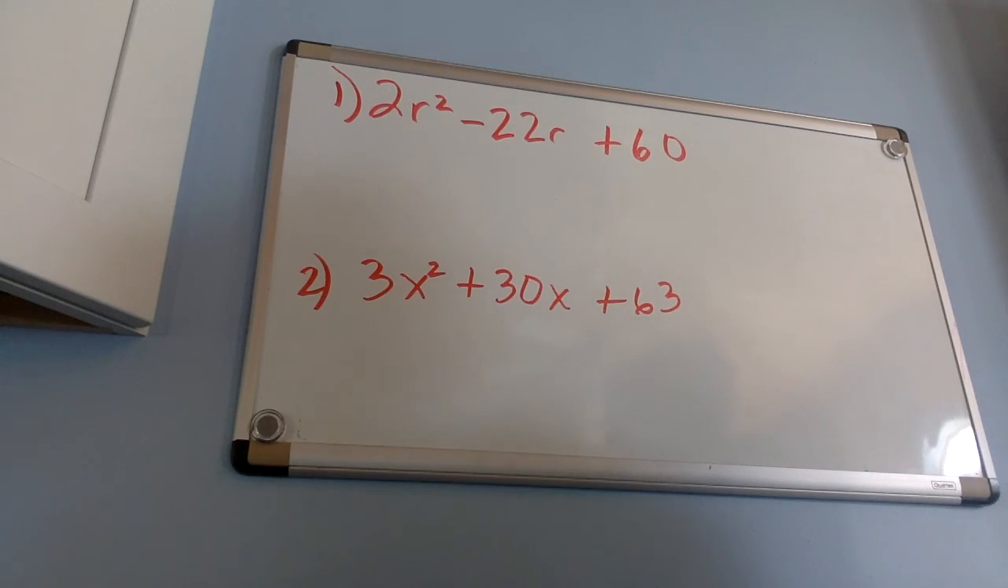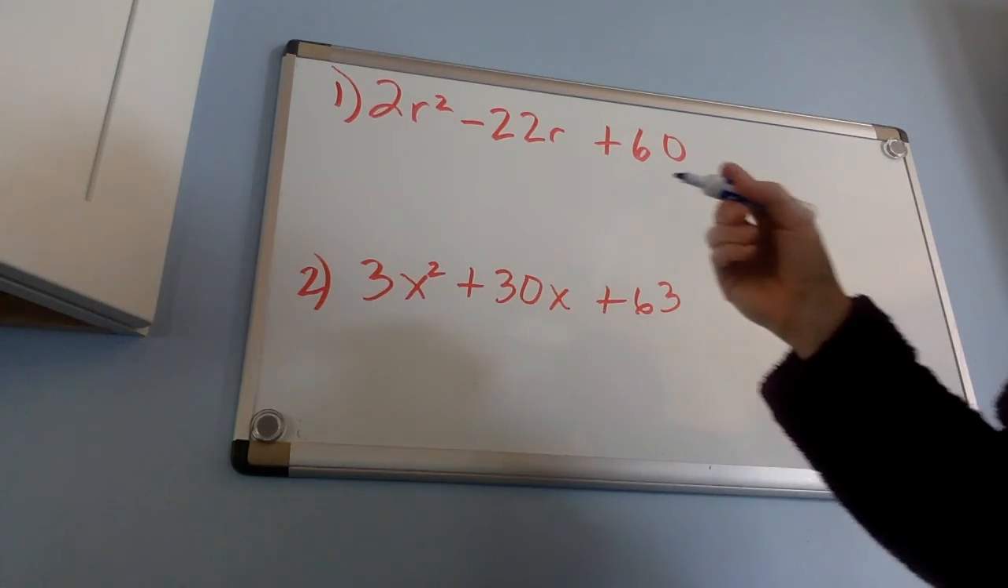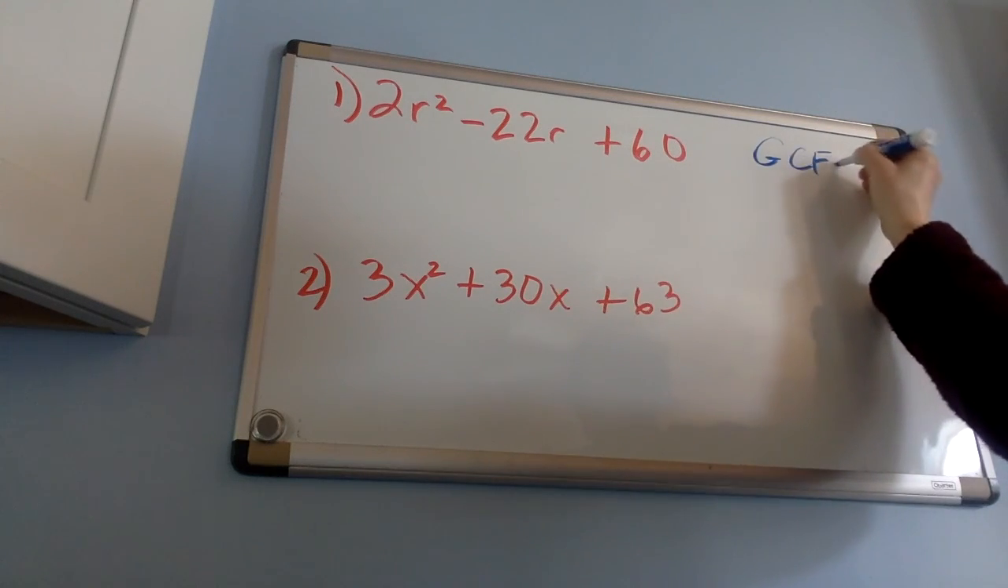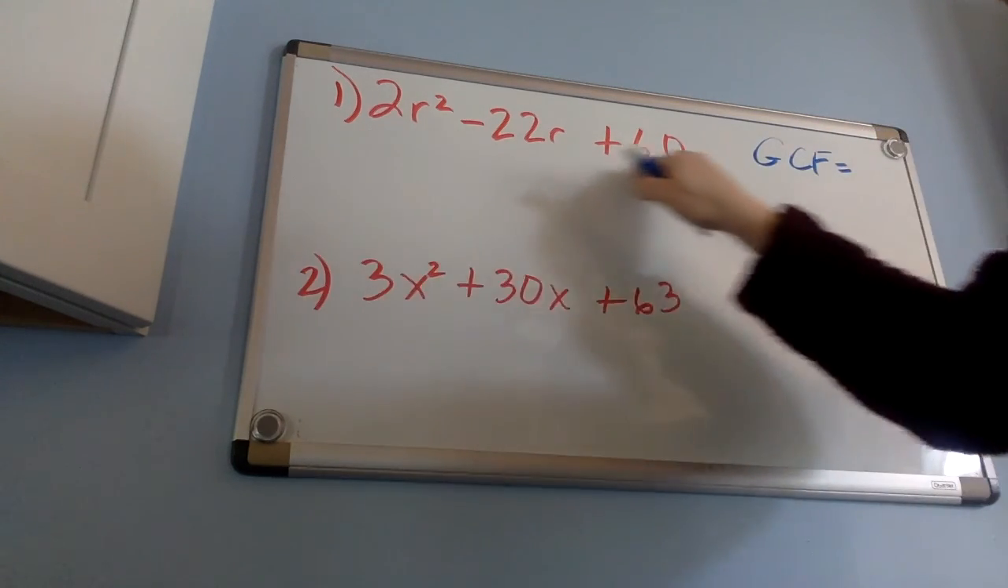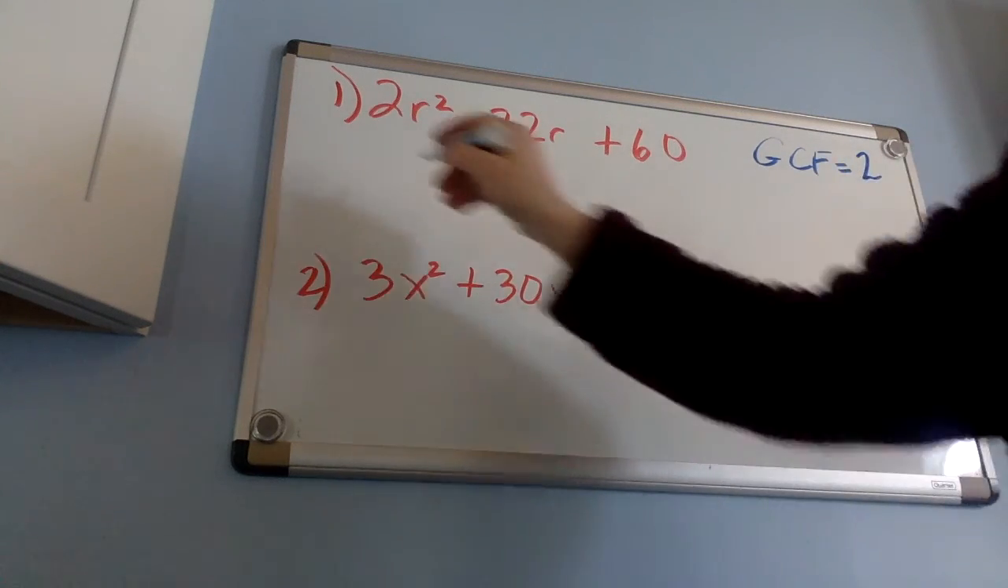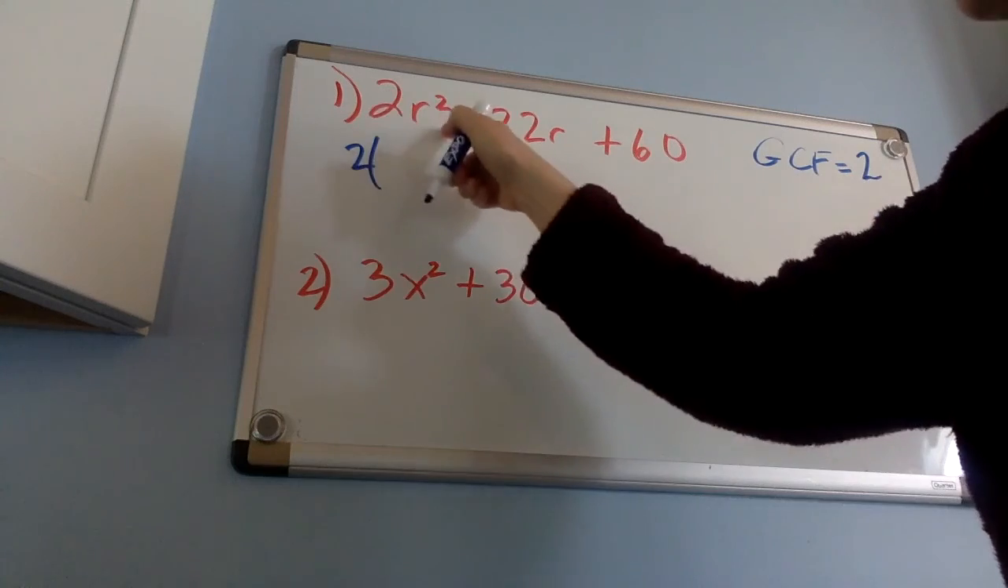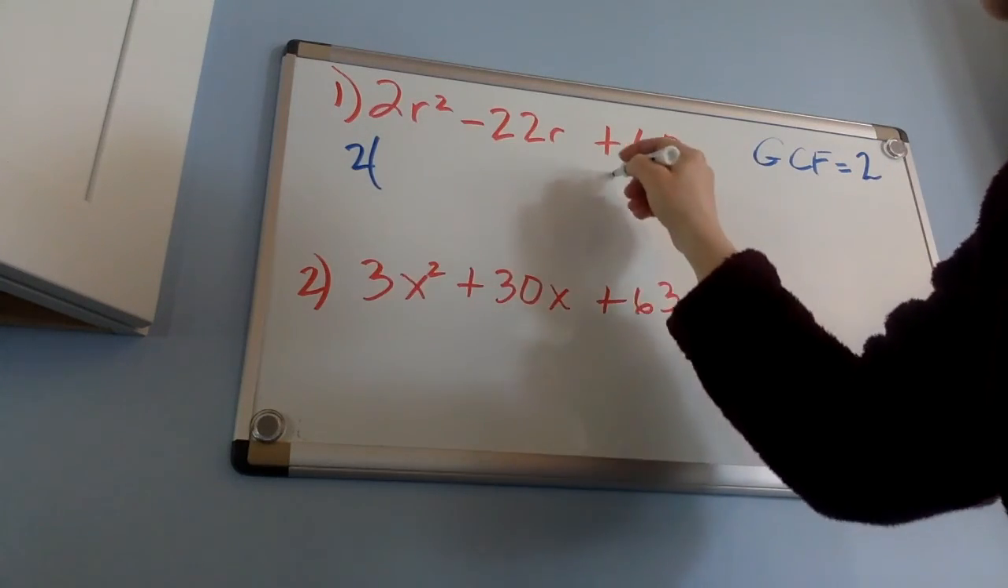Okay, these are some of the ways you get the answers to the factor completely homework. So in order to do this, first look for your greatest common factor. Always look for that first. And in this case, the greatest common factor is 2. So I'm going to pull 2 outside of the parentheses, divide everything by 2, and in the parentheses, I'll be